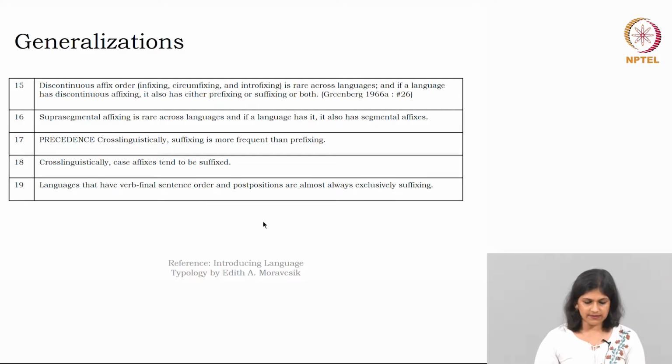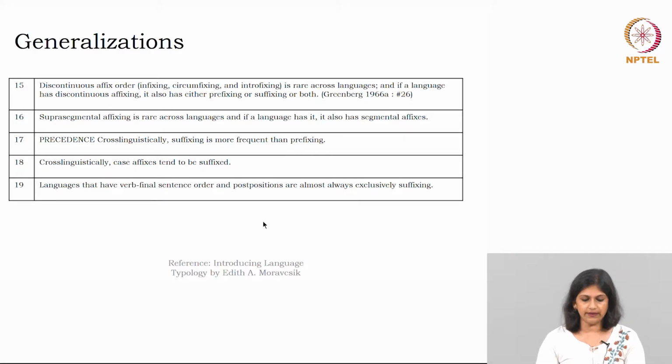So, what is the relation between suprasegmental and segmental ones as far as typological generalizations are concerned? It says suprasegmental affixing is rare across languages. You do not find much of suprasegmental or tonal, intonational or nasalization level features in most of the languages in the world. However, this is not impossible, rather these are considered to be rare. What is the concern here? If a language has suprasegmental affixes, then it must have segmental affixes too, but the other way around may not